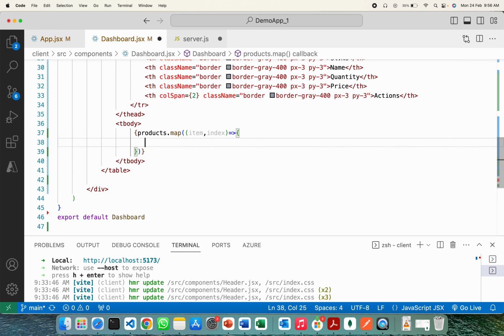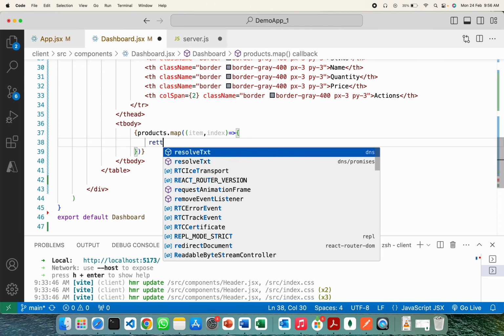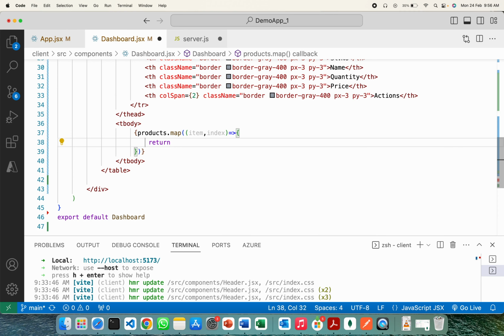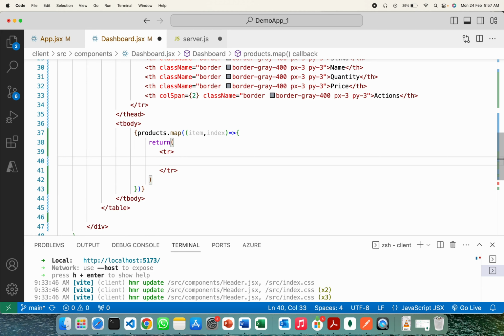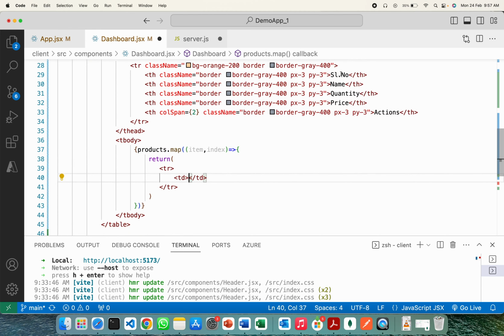So inside we have to return a table format. So we need a return statement also. We need to return a table tag, tr tag. Inside the tr tag we need to use td. First thing is we are going to display the serial number. Serial number is nothing but int x plus